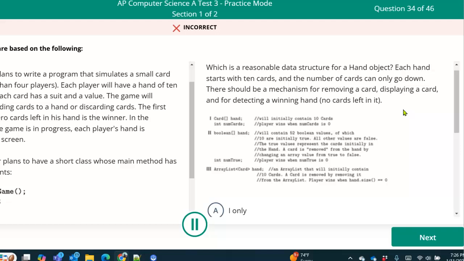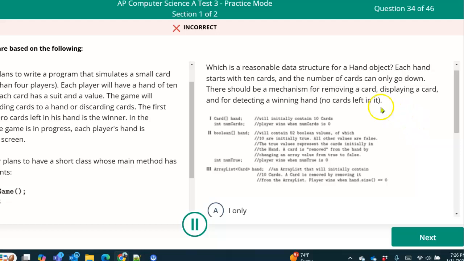Do you just replace it with null? You would have to decrement the number of cards. What if you wanted to add a hand? It does say the number of cards can only go down, but then over here it says the number of cards can go up. So